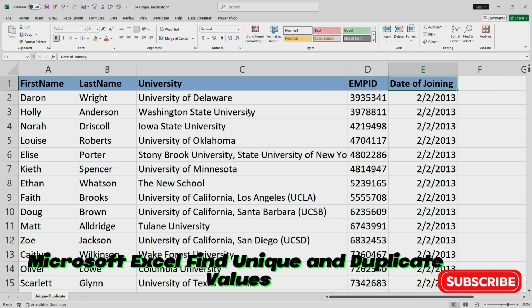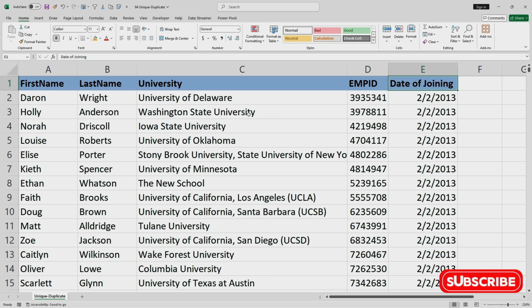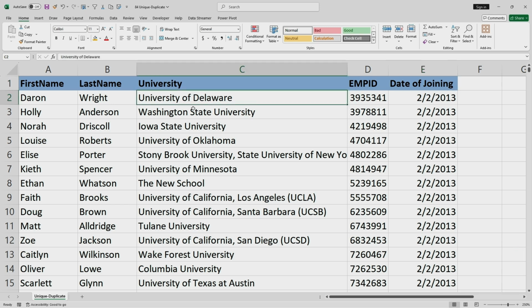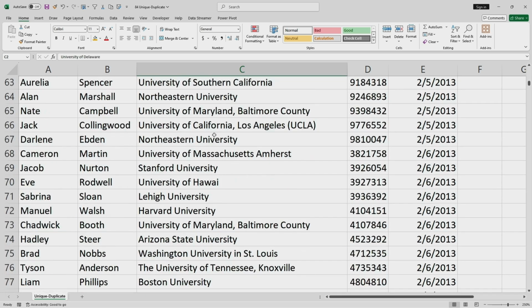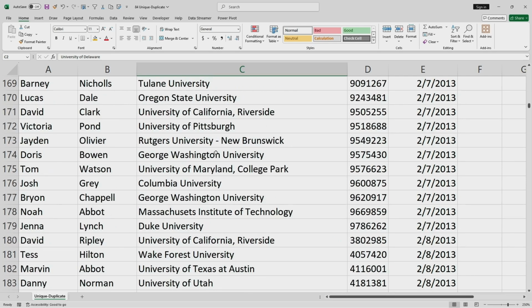If somebody comes to you, or some of your colleagues come to you and ask, I wanted to extract the list of universities from where the employee has graduated. In that particular case, you want to extract the list of university data. So this is the big dataset over here, which has multiple universities, and there are employees who have graduated